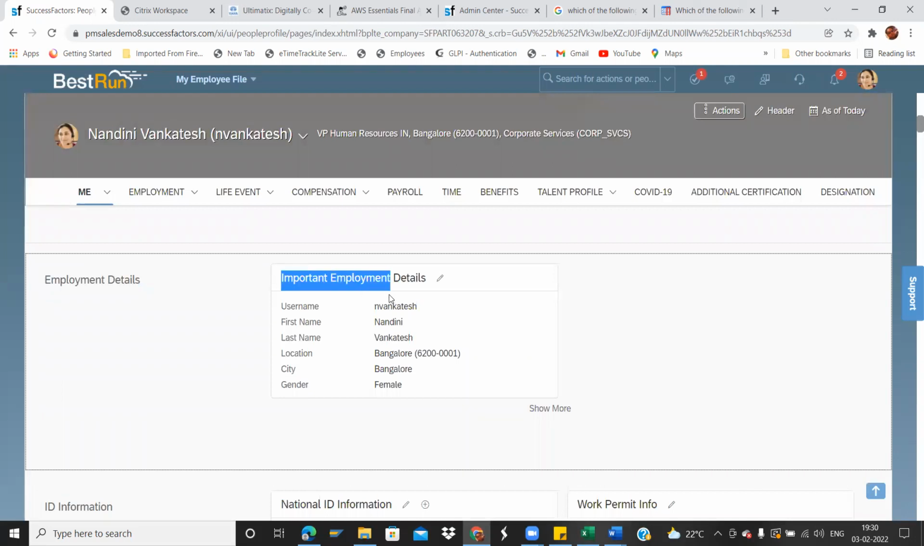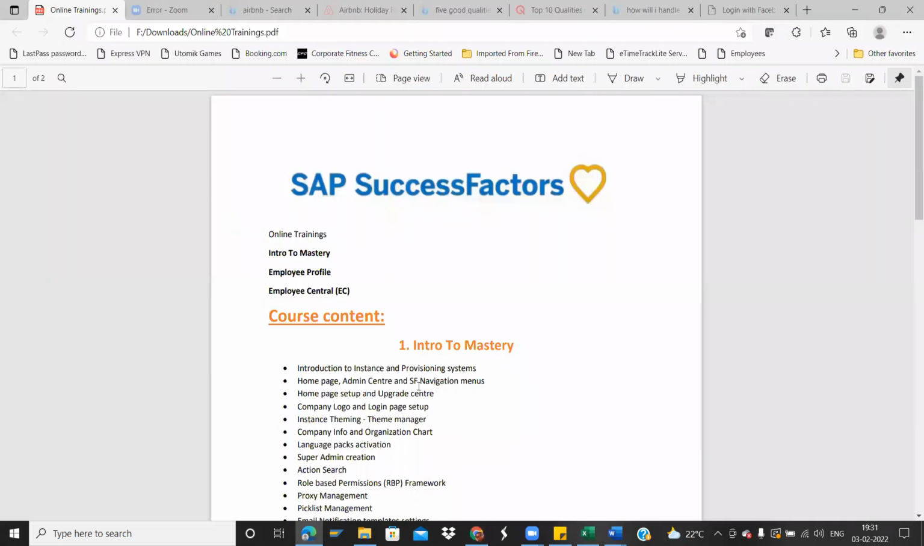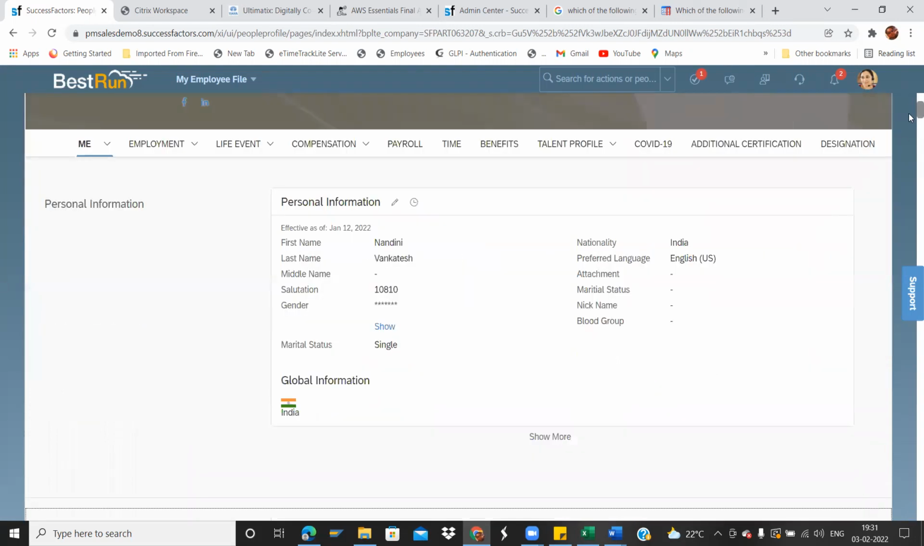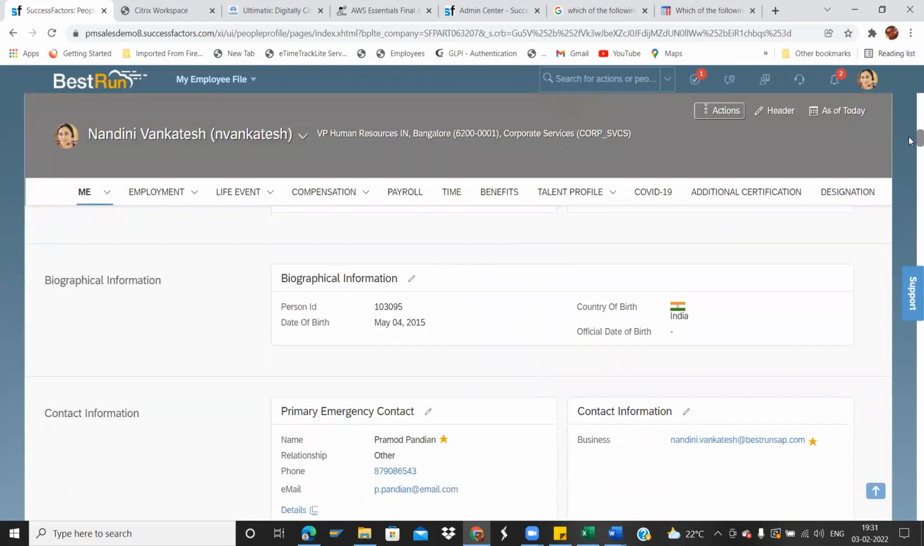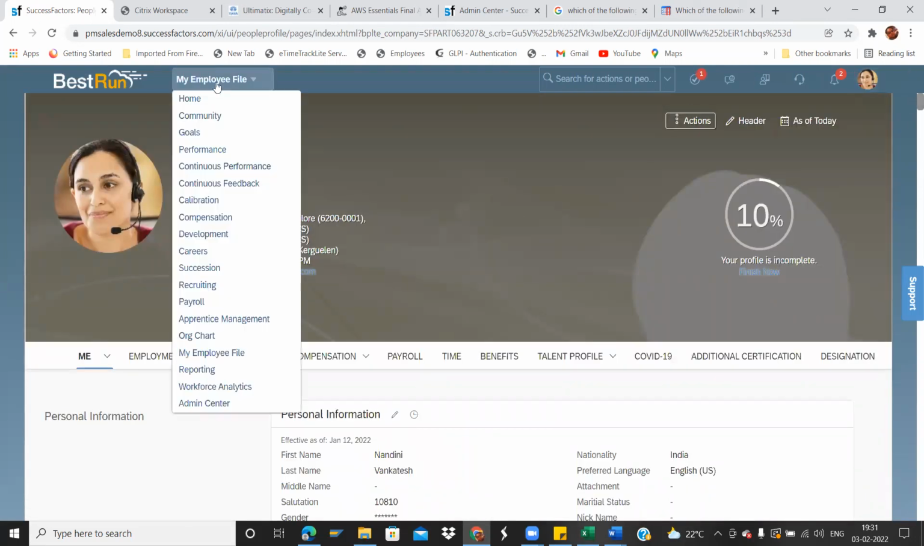I will be explaining the difference between employee profile and Employee Central basically in our next class after this homepage admin center. Tomorrow I'll be covering employee profile and Employee Central differences. What is the difference between employee profile and Employee Central? Then it will be clear for you. Okay. So for now, let us start with